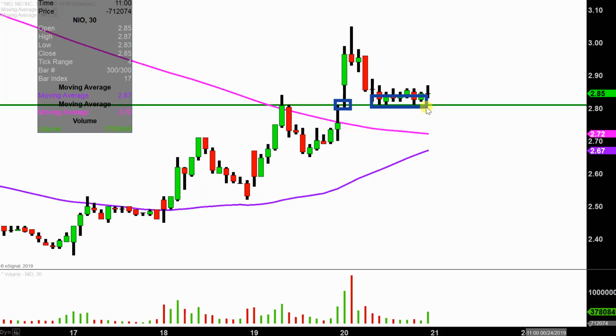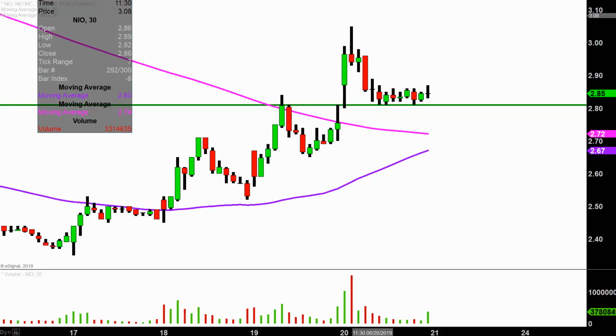Now, with all that being said, don't get me wrong, I'm not saying that if the price falls below 280, that implies the entire chart's destroyed or anything like that. But yeah, if the price could manage to stay up above that level, that would definitely be a massive sign of power going forward. But as I talked about in Wednesday's video, taking a step back and looking at this bounce from a bigger picture point of view,